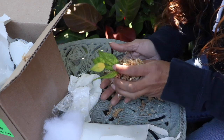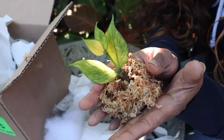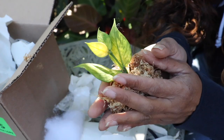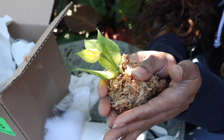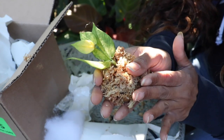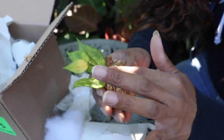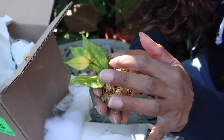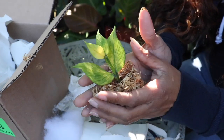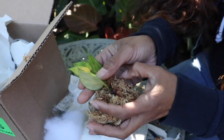But what I was noticing and seeing, as I was saying, is that, take a look. The leaves on this are actually yellowing quite extremely. And I was saying that, you know, that's not really a good sign, but I do have to say that does not mean it is the end of the road for this guy. Sometimes they will lose their leaves, but just as long as the stem area and the node is intact, it still can grow. So it's not yet over for this guy right here, even with the leaves looking scary like that,